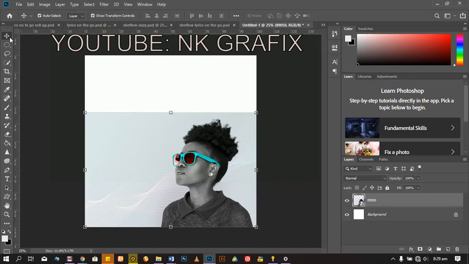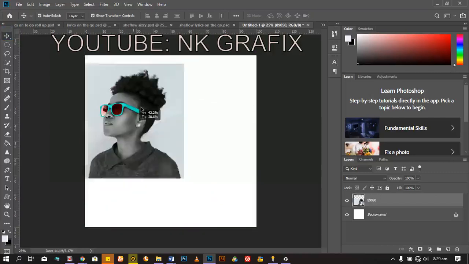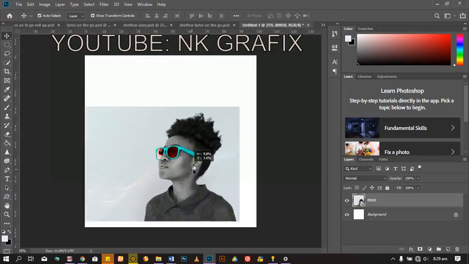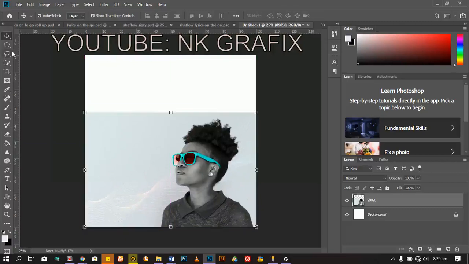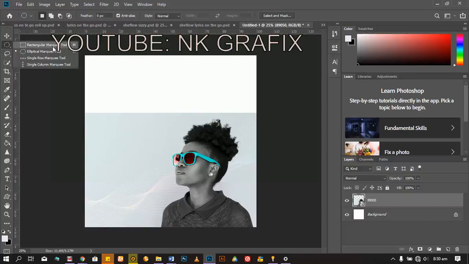So for example, if we activate this move tool, the shortcut is V. You can see we can move our image around the document. We have another tool, which is the rectangular marquee tool. This one is used to select a particular portion. For instance, if I click on that, this part here means I